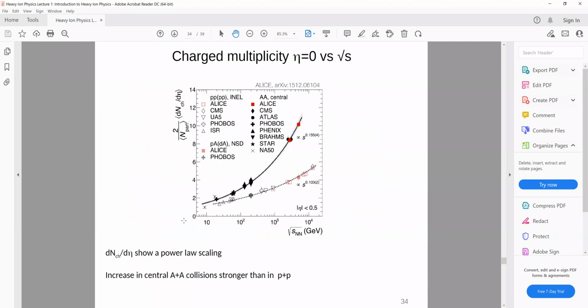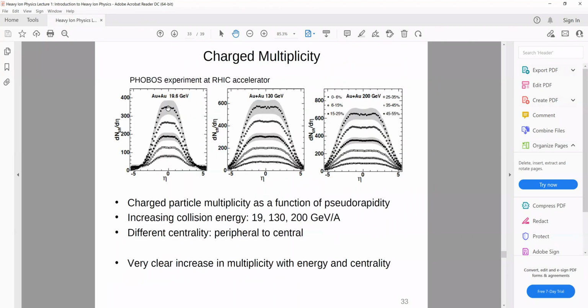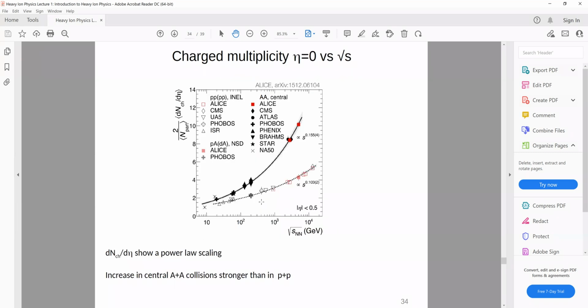Also important is the charged particle multiplicity at eta equal to 0. Eta equal to 0 is where the distribution is basically flat, at the peak, where the maximum of this charged particle distribution occurs. So how does the maximum, dN_ch/d-eta at eta equal to 0, vary with root s, the beam energy? The dotted line shows this for pp collisions, and this is for central gold-gold collisions.